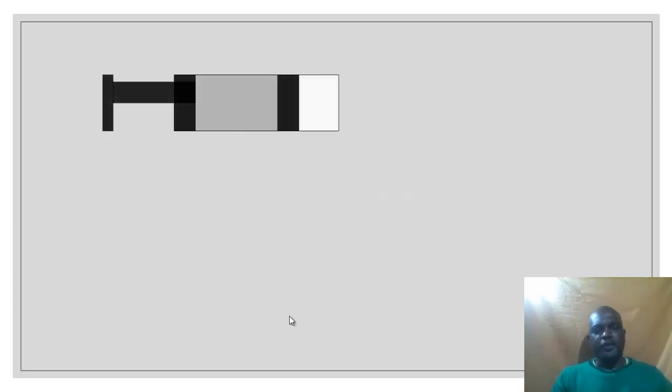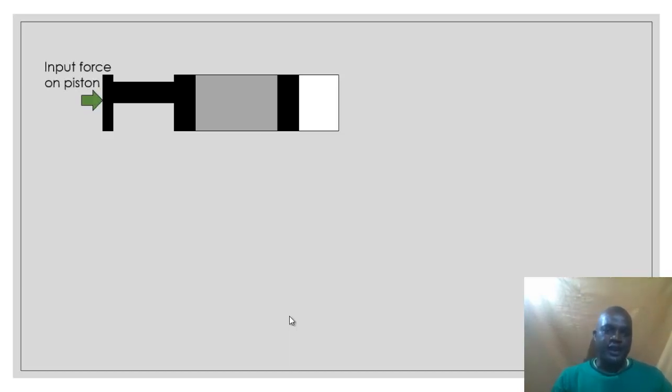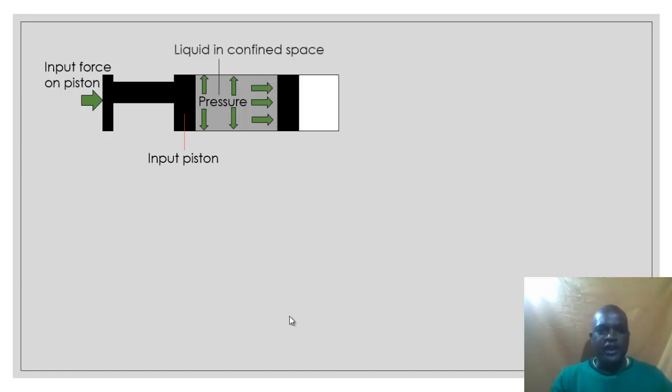Okay, so here is a very good example of Pascal's law. We've got a syringe that is full of liquid. The first thing we do is apply a force, which is an input force, on the piston, and we find that the input force exerts pressure onto the liquid inside the syringe, and the pressure is now transferred equally around the container, because remember, the liquid is in a